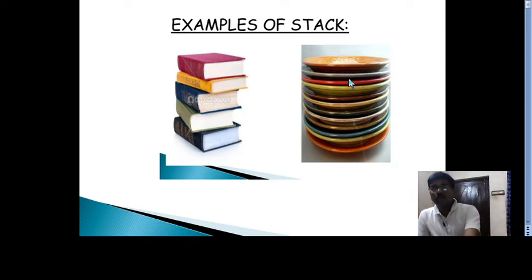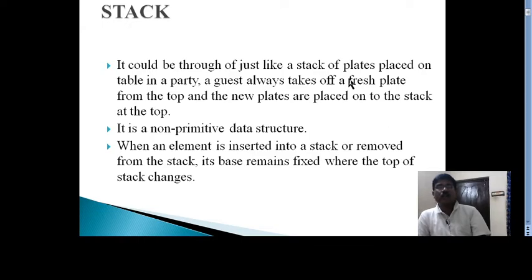So this is an example of the stack. The only logical view of the stack is that insertion and deletion can be done only through one end. It is just like a stack of plates placed on a table in a party. A guest always takes a fresh plate from the top, and new plates are placed onto the stack at the top. And the data structure stack is non-primitive.